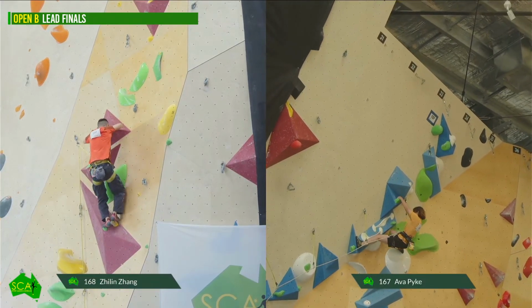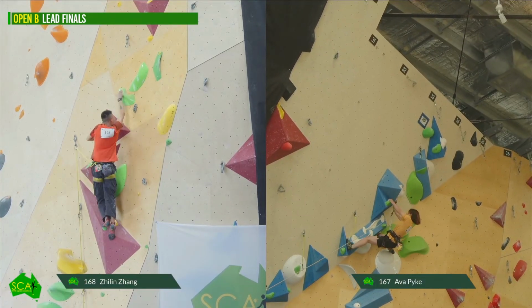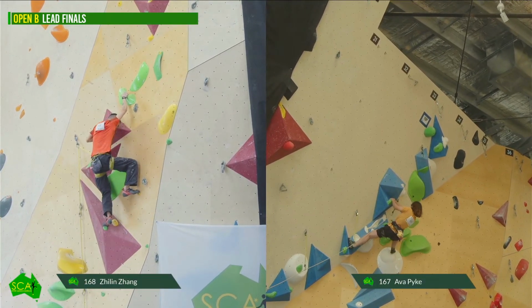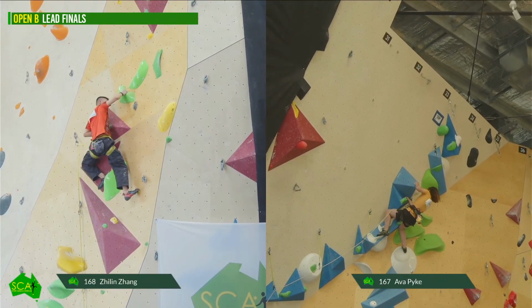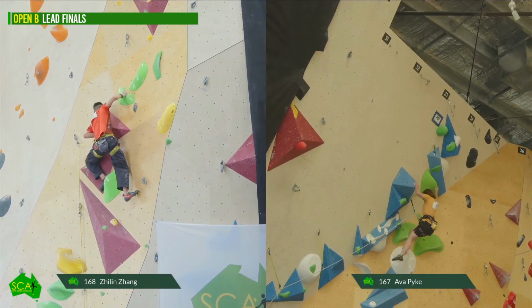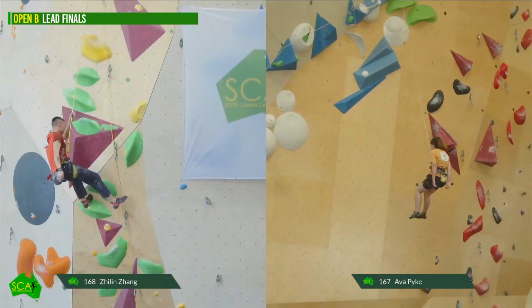Yeah, reading it a bit different to how I would. Yep. Zillan up high. He's going to try and make this move here now. Let's see what he can do with his feet. Often, as I say, if you stay low like this, you can do the crossover, I think. Oh, Ava. Unlucky, just gassed. Same as Zillan as well.